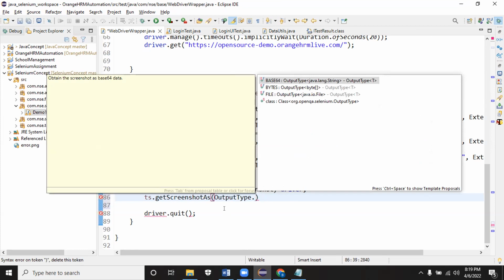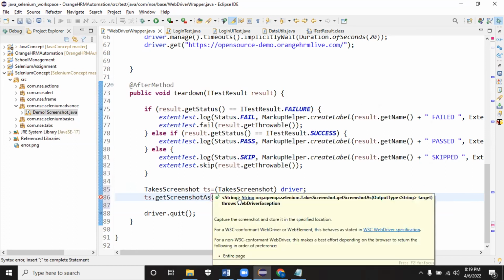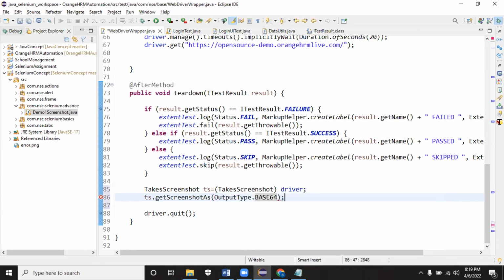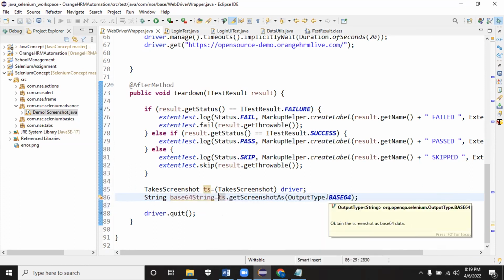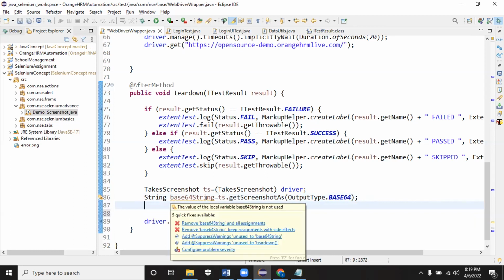Okay, you see something called base64. Using this, if you save it, it will give you a base64 string as output. It's a string. So an image file, video file, or PDF file, if you want to compare, you convert it into a base64 string and compare that string. If it matches, both files are the same; otherwise it will be a different string. Right now I'm just getting the string.